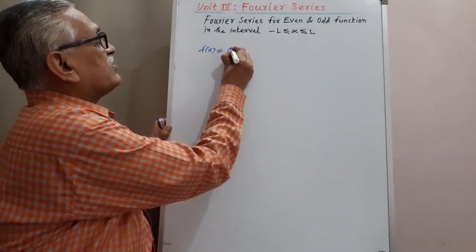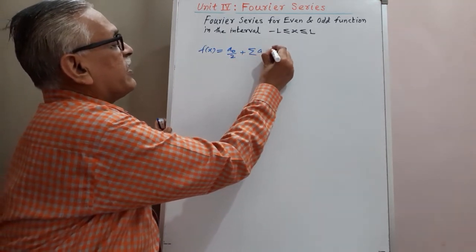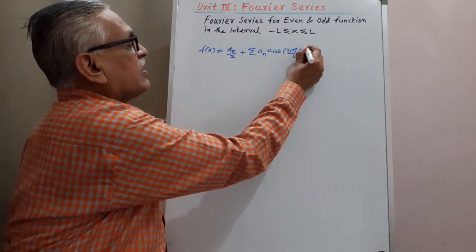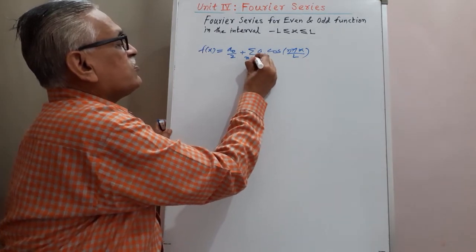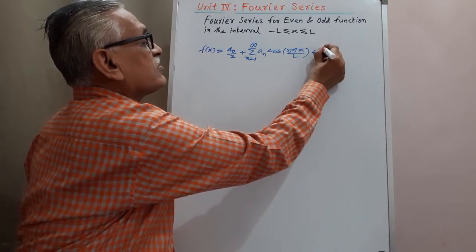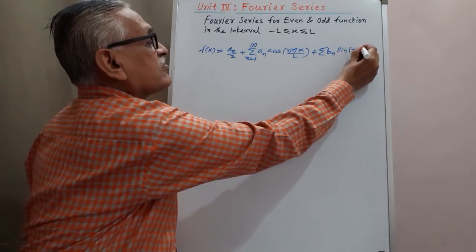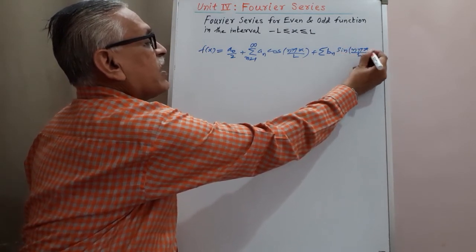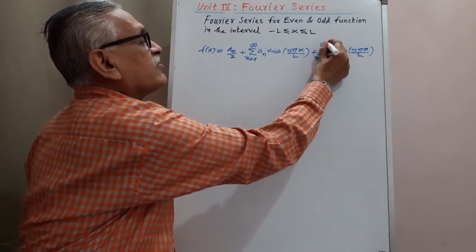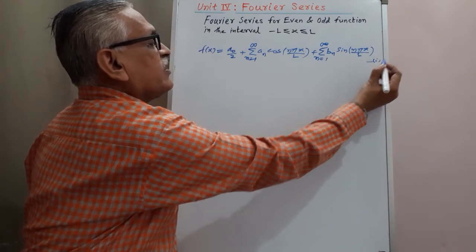Full range Fourier series is given by a0 by 2 plus summation of an cos of n pi x by L, n changes from 1 to infinity, plus summation bn sine of n pi x by L, n changes from 1 to infinity. We call this as equation 1, where